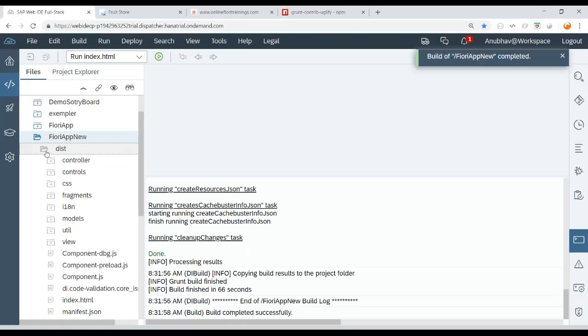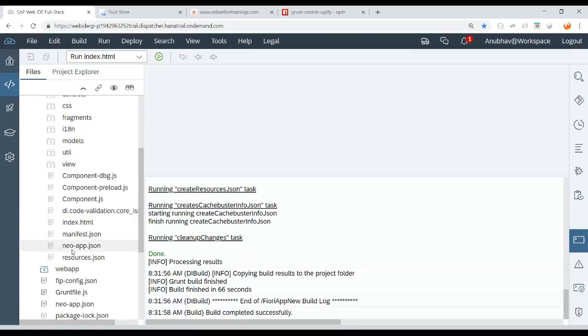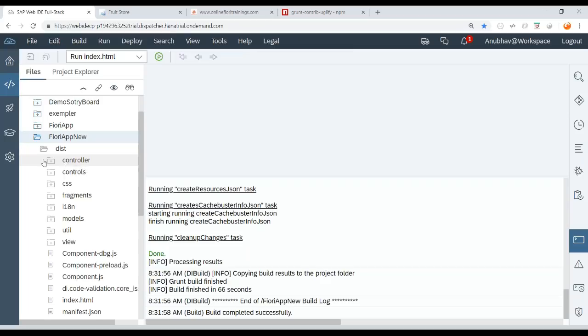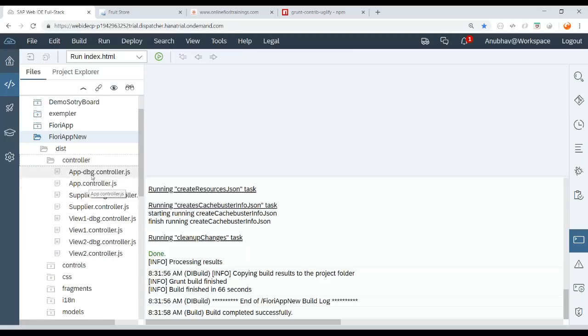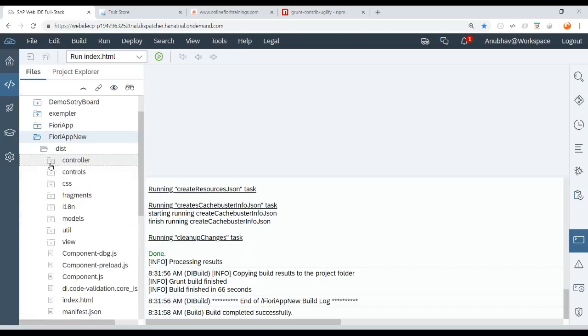You can go to the dist folder and you see everything. Your entire project structure is replicated again here. Inside the controller, you see for every controller a dbg file is created for debug purpose. And now the star of the day,